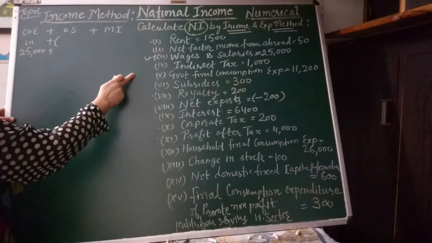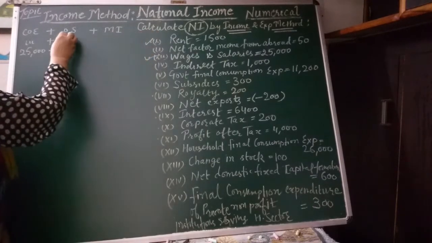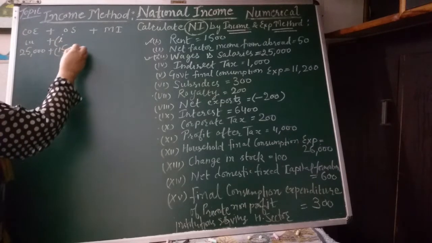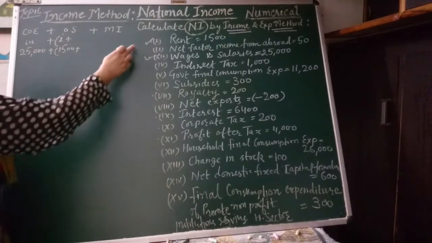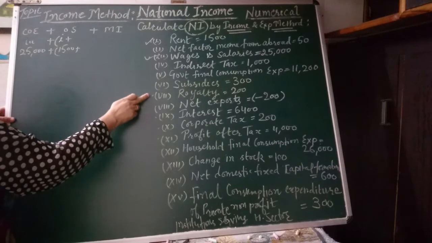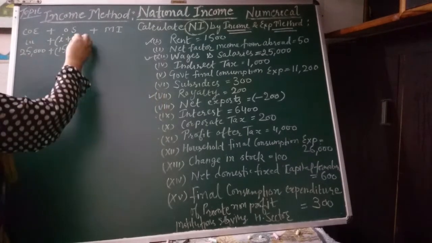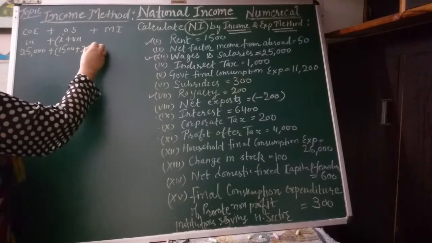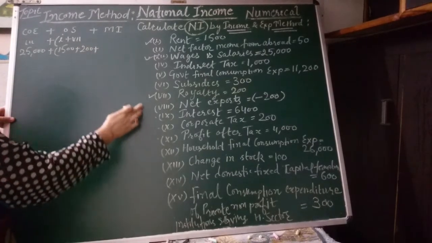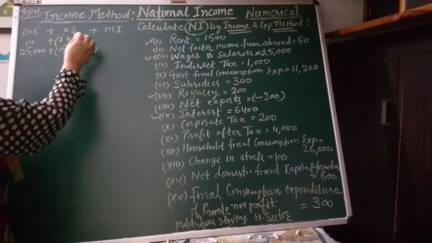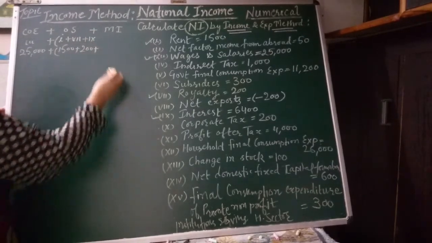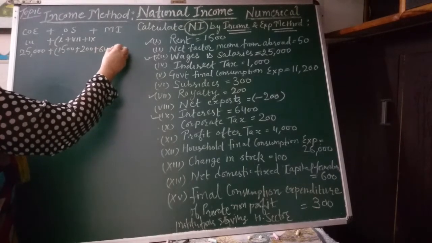The items of operating surplus are: item number 1, which is rent, 1500, plus royalty, item number 7, which is 200, plus then interest is given, item number 9, which is 6400, plus